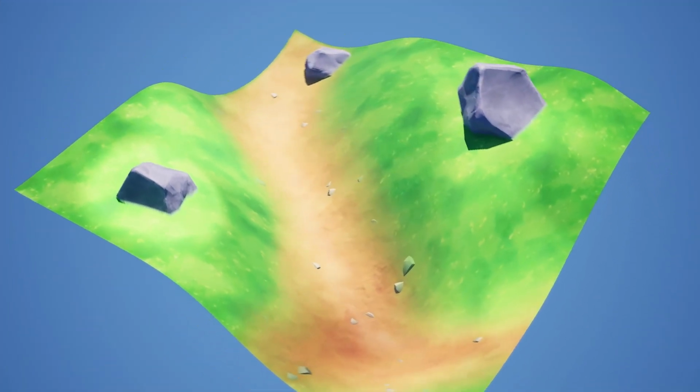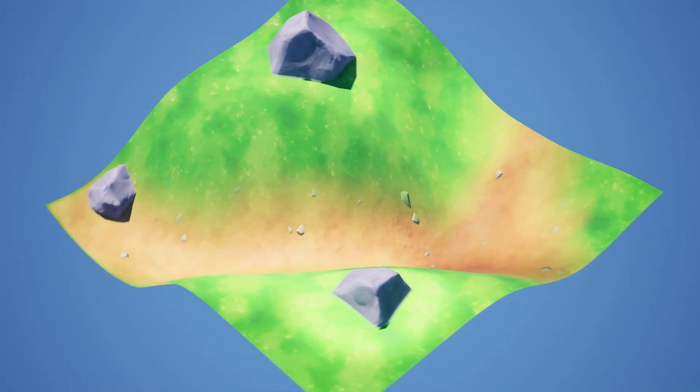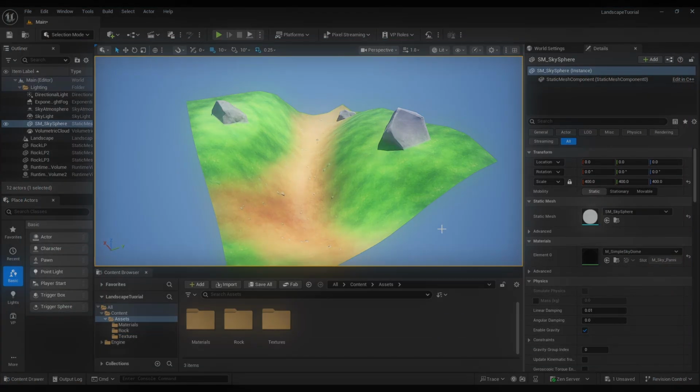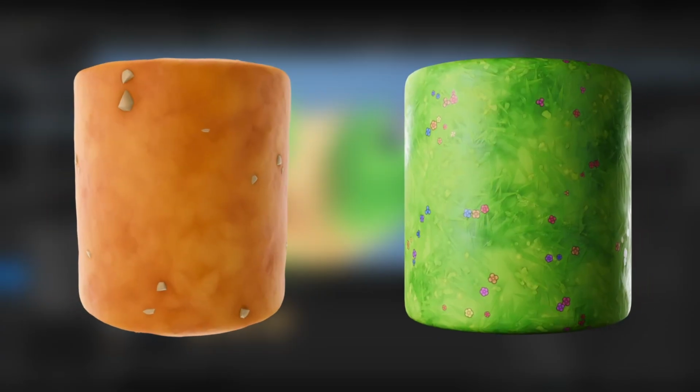Hello everyone. In this video, we are going to set up a landscape in Unreal Engine. For the textures, I'll be using the ones I created in the last two videos on my channel. The link is in the description. We'll be blending a ground and grass material, but you can add more layers using the same process depending on